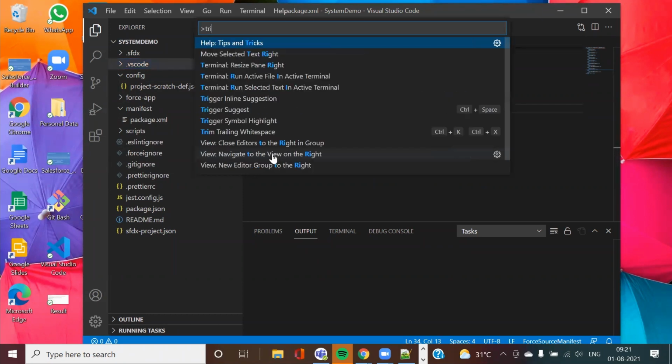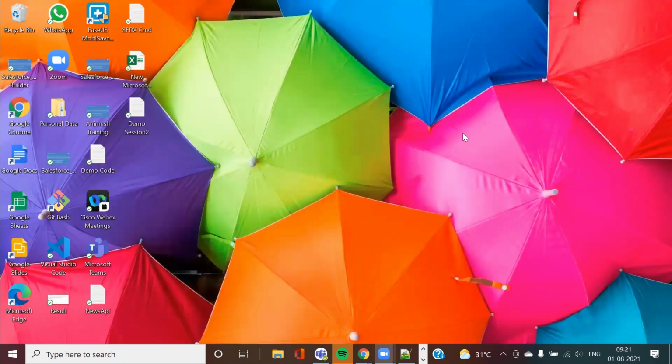Is this clear? How many ways can I create a trigger? One way is the Salesforce UI, the second way is the developer console, the third one is your VS Code.